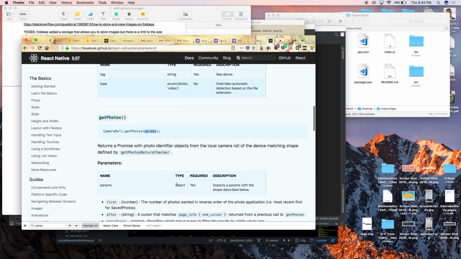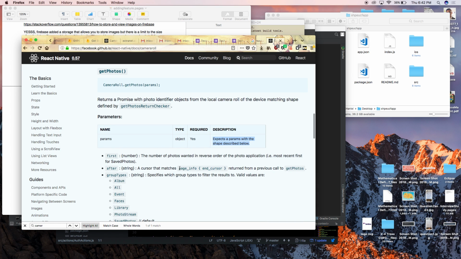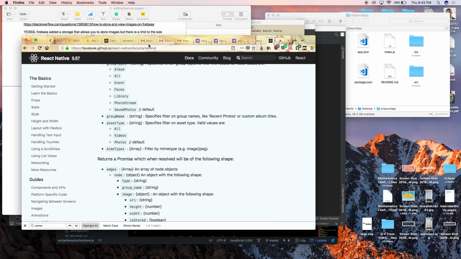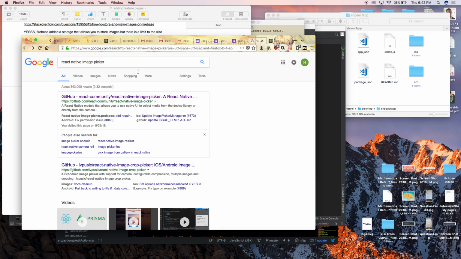All right, params. It's an object. It's required, and it has a shape described below. And then I look at this, and I'm like, I don't want to do this. I don't want to fill in all this information. So I'm like, oh, maybe the guy that made the plugin has already done all this for us and it makes it super easy. So I look at the plugin,